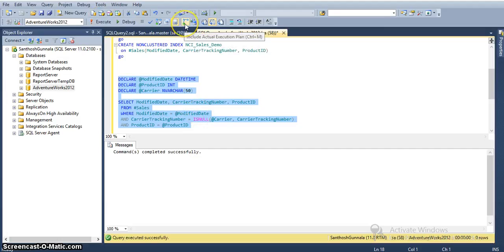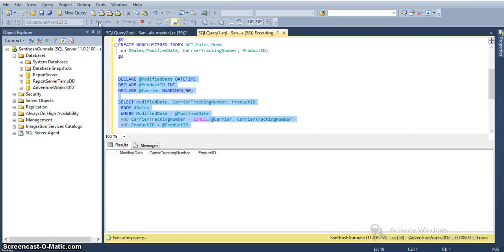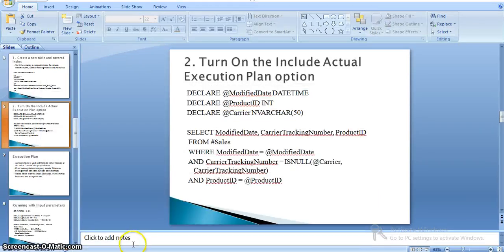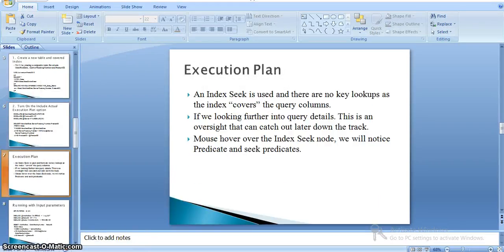Here this is to enable the actual execution plan. I selected it and ran the query. I haven't passed any values, so that's why it returns no records. If you see the execution plan, there are no key lookups, and the index seek is used in our actual execution plan.